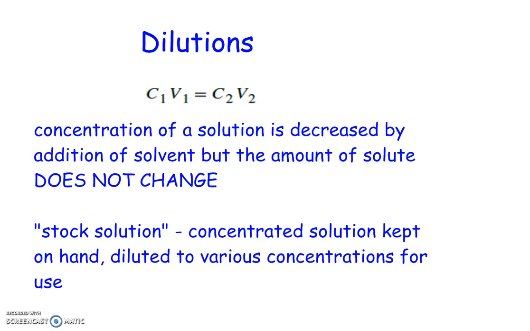The other thing that we can use molarity for, and one of the reasons why molarity is a really nice unit to use, is we can calculate the concentration of a solution if we dilute it very easily. So the equation for that is C1V1 equals C2V2, where C is the concentration of the solution in molarity times the volume. And the volume can either be in liters or milliliters as long as it's the same on both sides. The reason this equation works is when I dilute a solution, I'm adding solvent to it, but the amount of solute doesn't change.